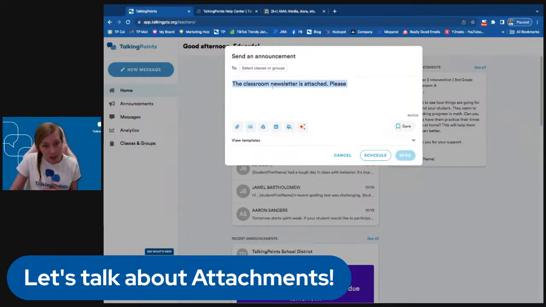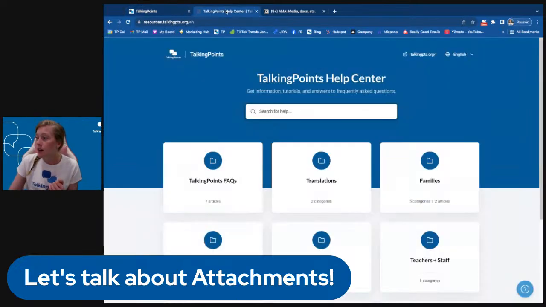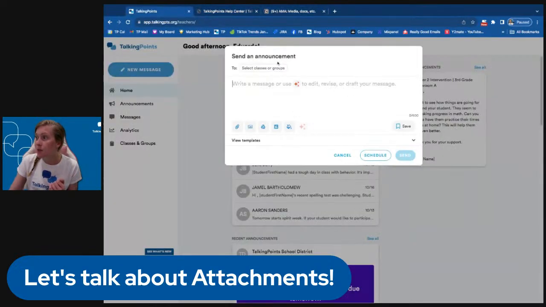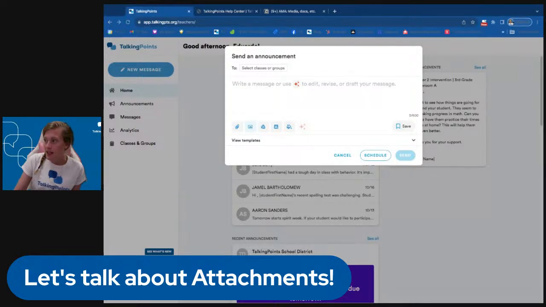So we've got documents and photos. Again, for photos and videos, the size limit is 25 megabytes. So for videos, you would do the same thing. Go to the photo button and attach the videos that you would want, and it would show up exactly the same way. I'm actually not sure if I have a video on here that is small enough. I download some pretty big ones.